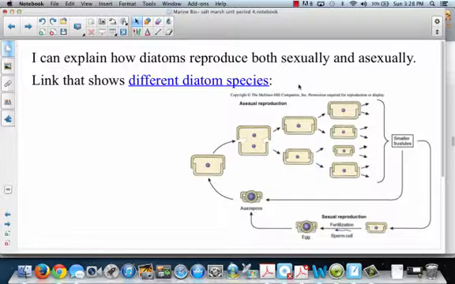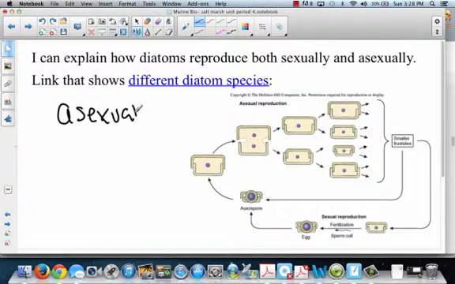This is the second part of objective 12. They reproduce both sexually and asexually, and so we're just going to briefly go over these. This is not something that we are going to stress this unit, but it's nice to know that they can reproduce both sexually and asexually. And so asexually is how they normally reproduce, but I want you to know that it uses mitosis,